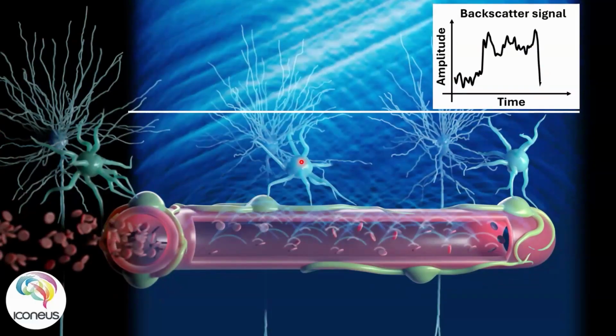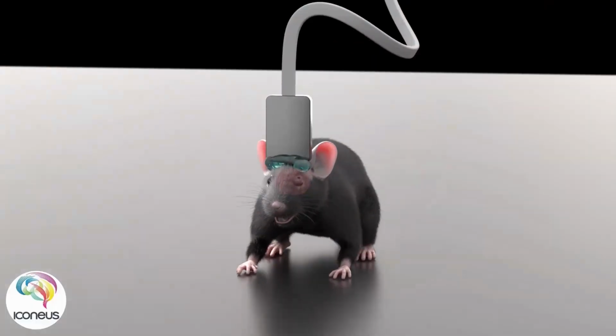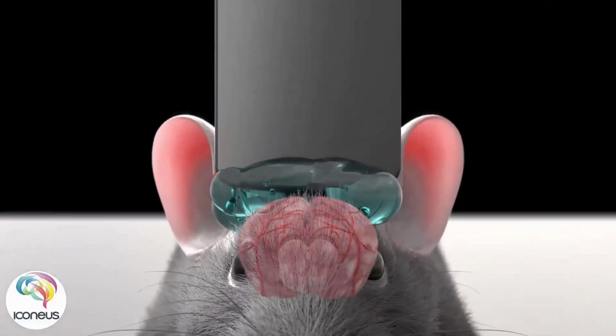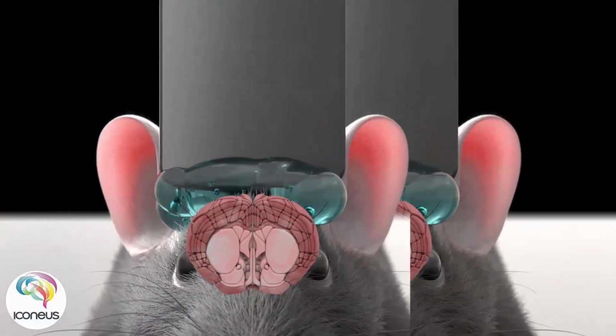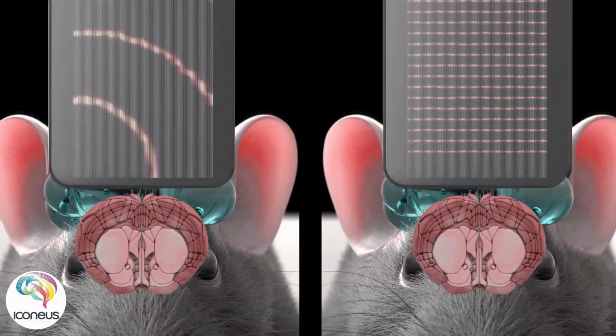But then if both conventional Doppler and functional Doppler ultrasound are based on this principle, how can they be so different in terms of sensitivity and temporal resolution? As you will see in this video, both conventional and functional ultrasound have a probe transmitting the wave placed above the animal's head, as you see here, but in conventional Doppler imaging, as you see on the left, the tissue